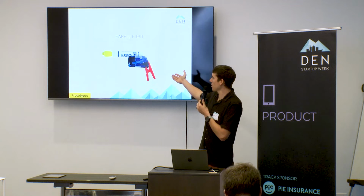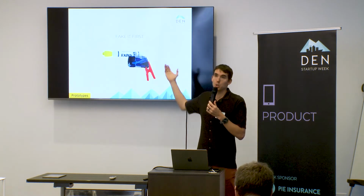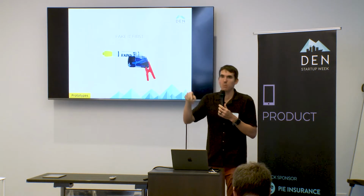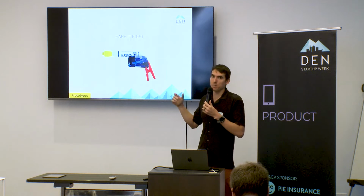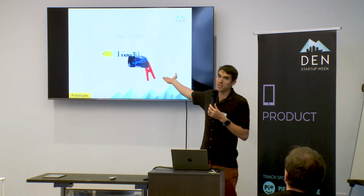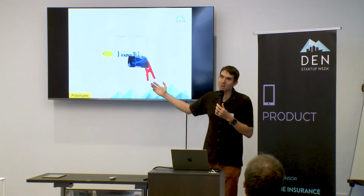This is a great example. It's from IDEO, which is a design firm. They were doing a surgical implement, right? It doesn't look like a surgical implement, but the point is they were trying to figure out how should this feel in your hand when you're cutting someone open. And instead of spending a huge amount of money machining something or printing something, they taped things together that were sitting around the office. You really, really want to start this way because you really want to walk away if